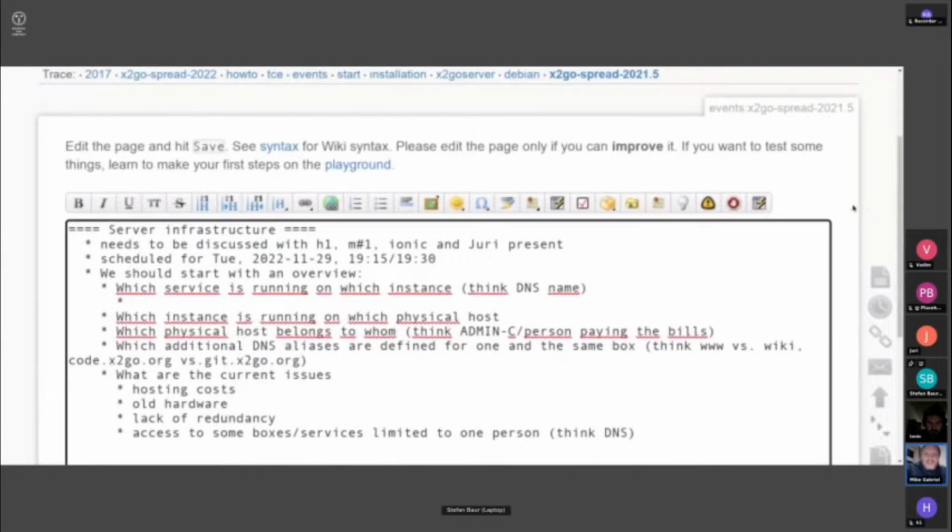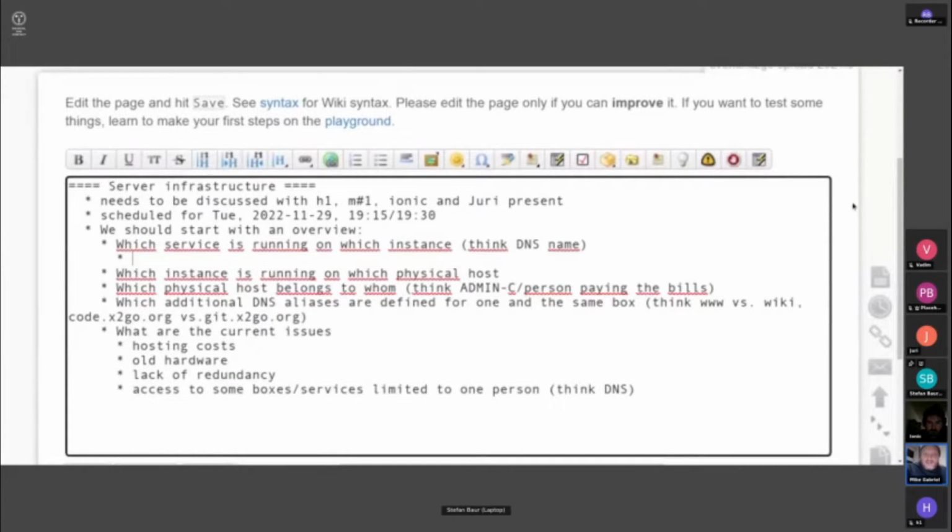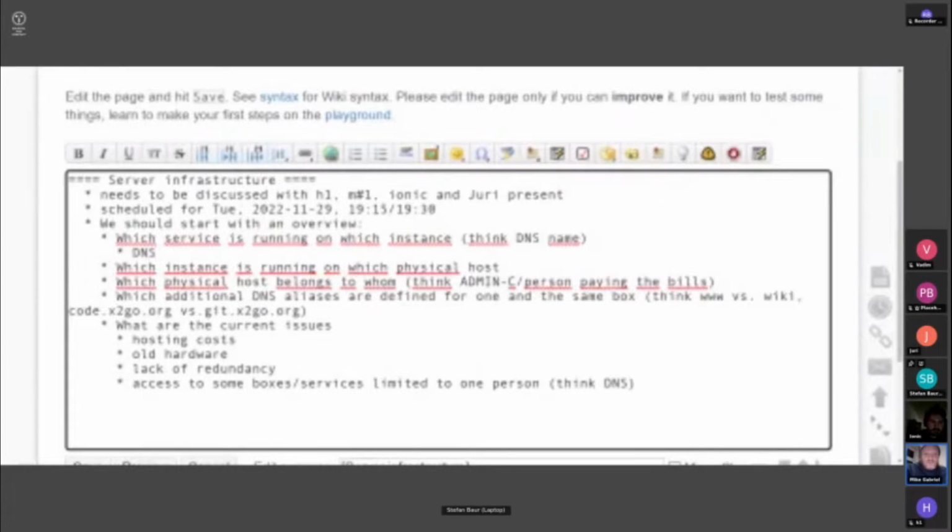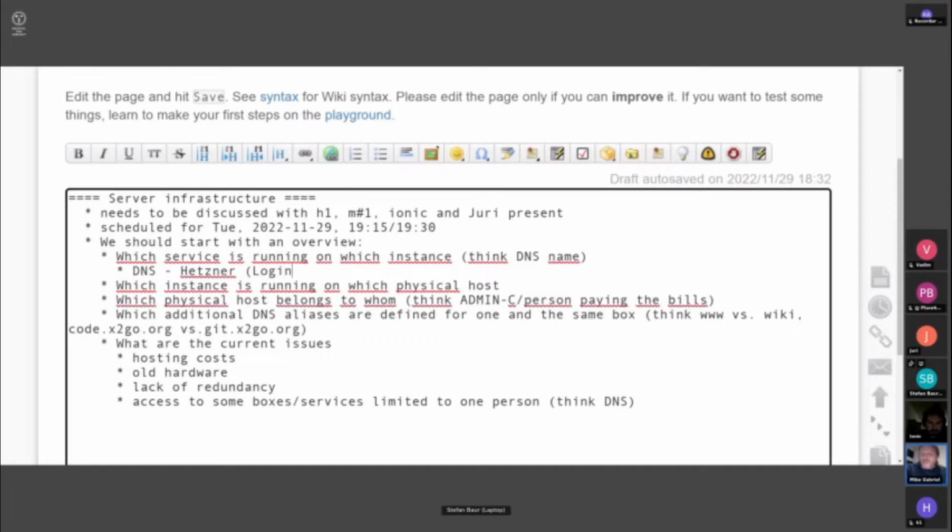So DNS, I think it's hosted by Hetzner or at Hetzner. Heinz, correct me if I'm wrong. And Heinz is currently the single point of failure. So if we need a DNS adaptation, there's only one person. And is it in your personal space, Heinz, at Hetzner, or